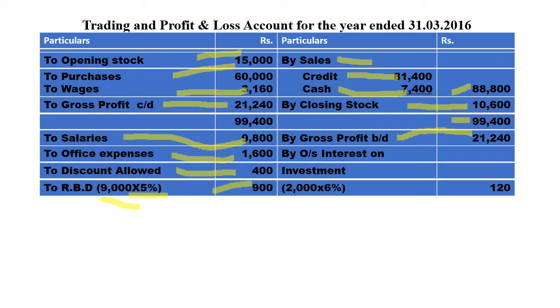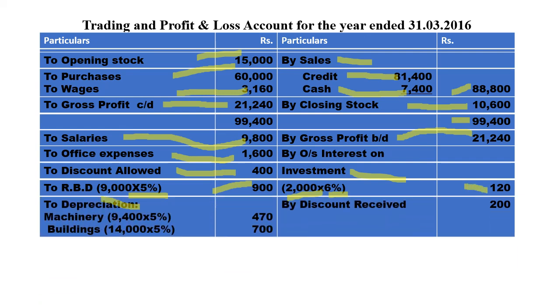Then in the opening balance sheet, investments were not there, but in the cash account credit side there is an entry by investments 2,000 rupees. In the bracket they have mentioned the rate of interest earned on investment, and nowhere they have mentioned regarding the interest whether it is received or not. So that will be considered as outstanding interest on investment. So 2,000 is the investments made, 6% is the rate of interest, so 120 is the interest outstanding for the